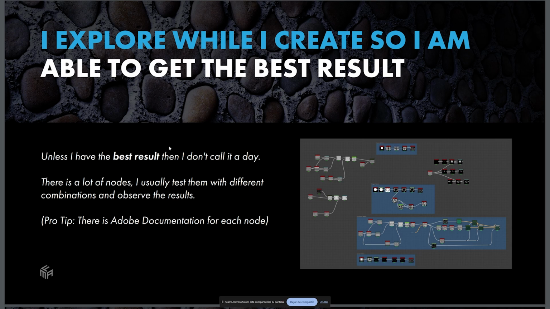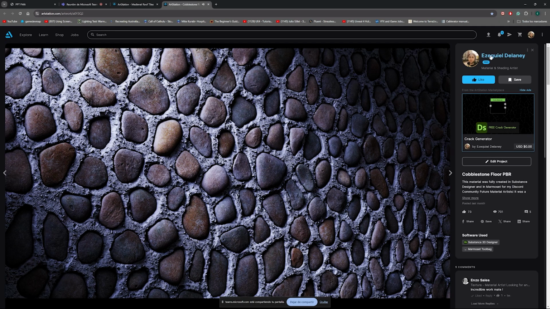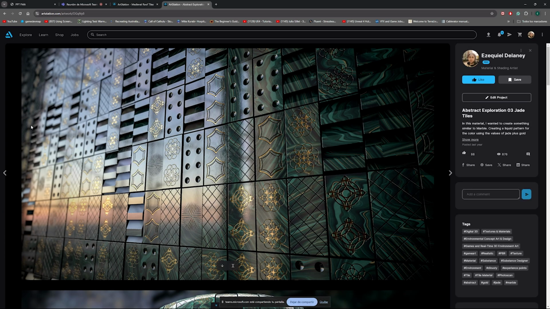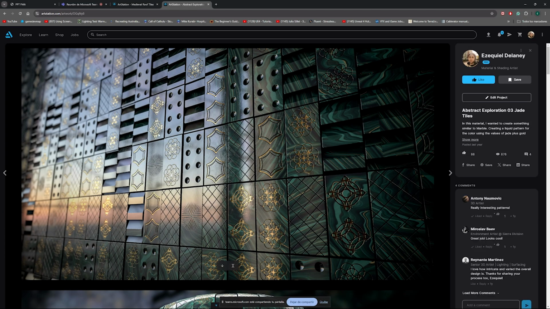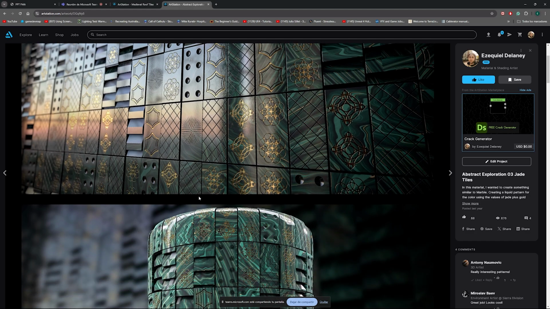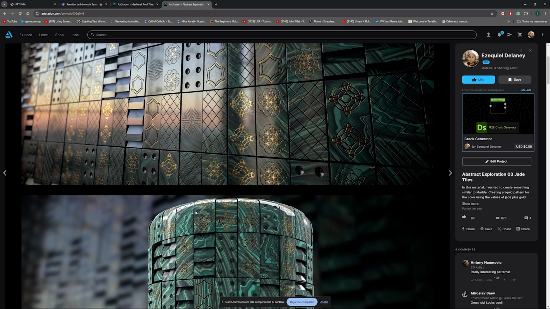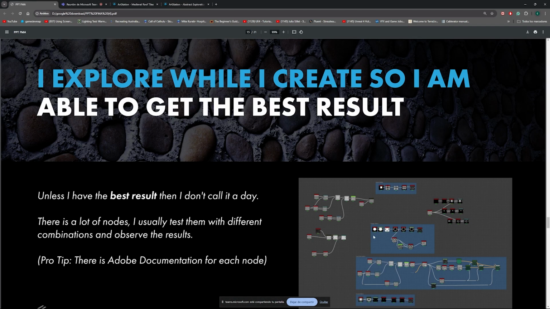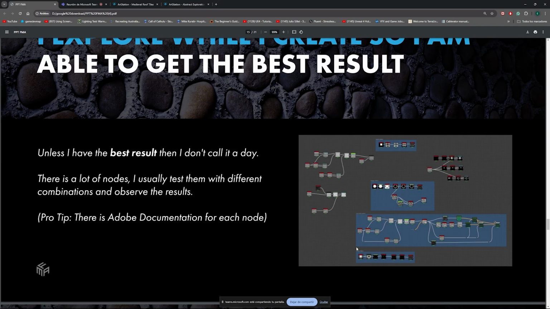The screenshot you see here is a screenshot from one of my artworks. The artwork I did was this one. Now, you see that there's a lot of patterns going around. You have this one, this one, this one, this one. You have this kind of details. The actual goal of this material was not making marble, it was exploring different shapes and patterns inside Substance Designer. In fact, the screenshot is from that material. This screenshot here shows all the different combinations I was trying out in order to make all of these patterns.